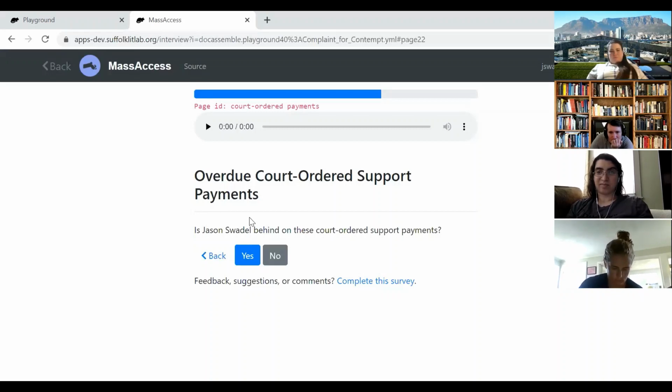Okay. So yeah, we weren't sure if we should get rid of this question and just have the corresponding question filled in automatically if they click alimony and child support back on the checkboxes page. Oh, right, I see, because you're saying that if they're in contempt, then they could automatically be overdue, right? This is the complaint for contempt, so they're not necessarily in contempt prior to that. Oh, they are.